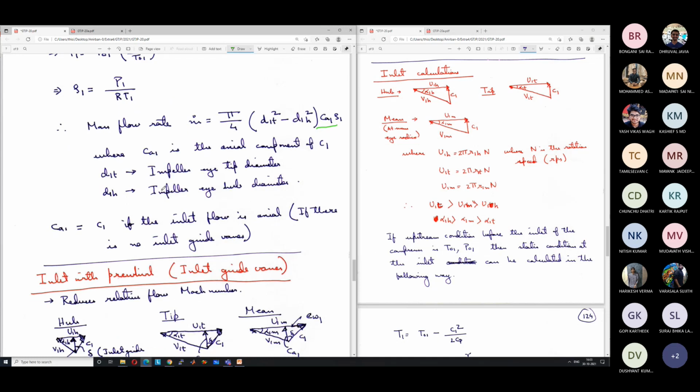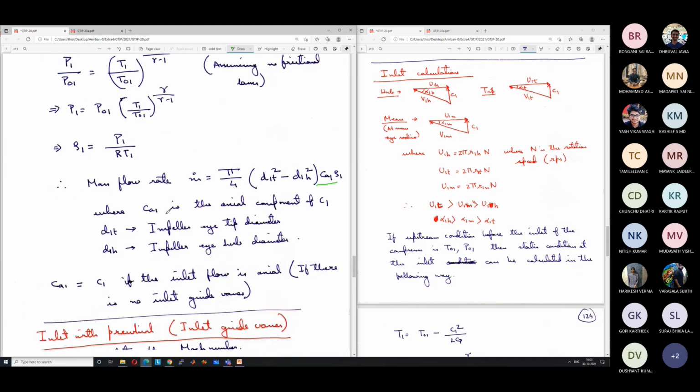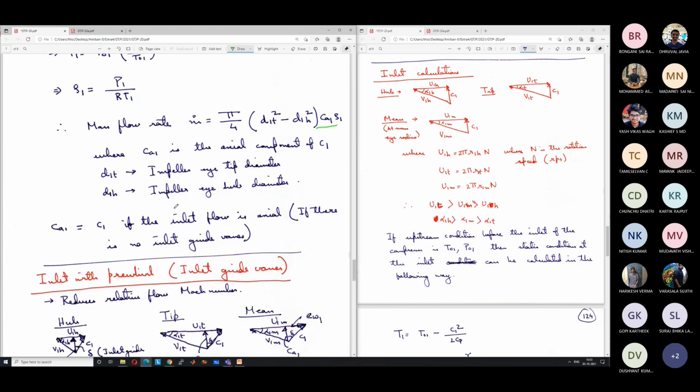Okay. So this also sometimes you need to calculate. I have given a problem, I think, where you will need to calculate. So I uploaded a couple of problems on the centrifugal compressor. These are from the book by El Sayed Ahmed. So you can go through these problems. Try to solve them on your own. If you don't understand, then only try to go through the solution. Otherwise, your concepts will not be clear. Okay.